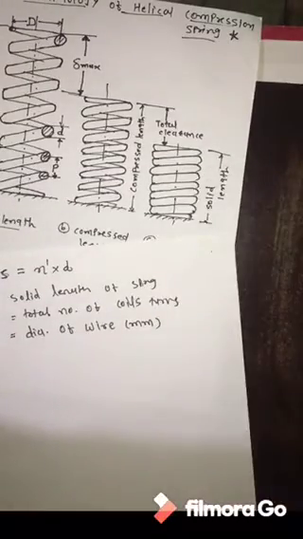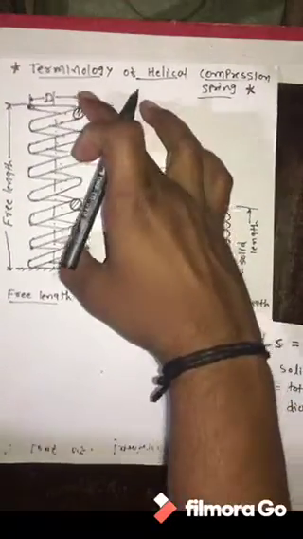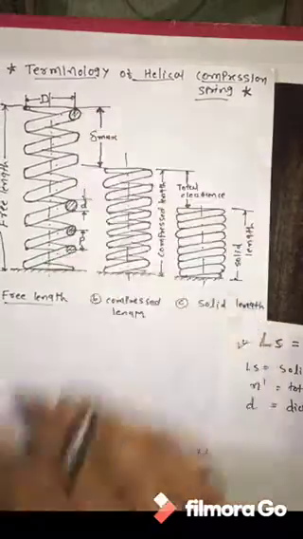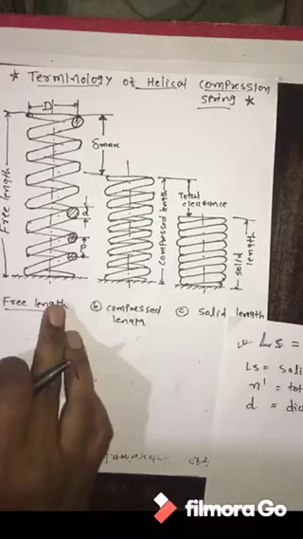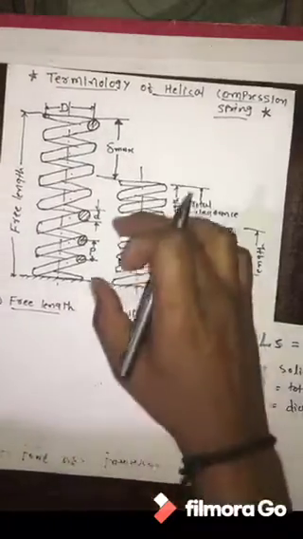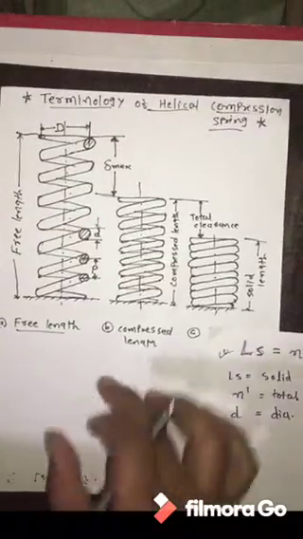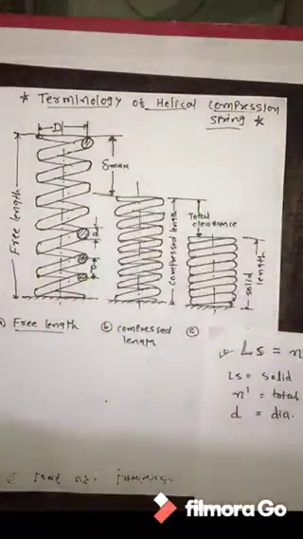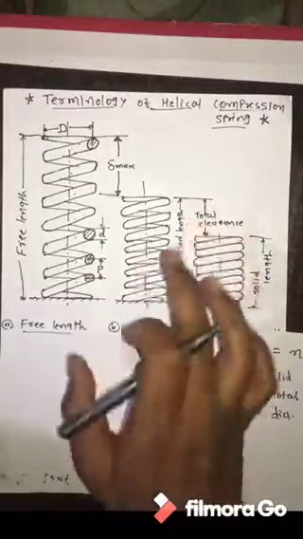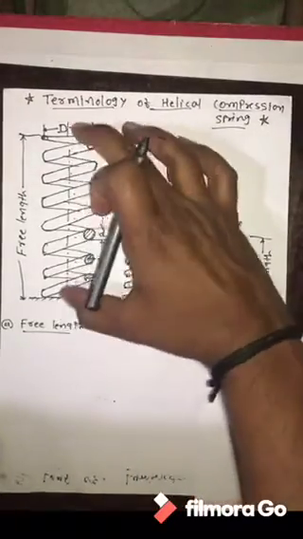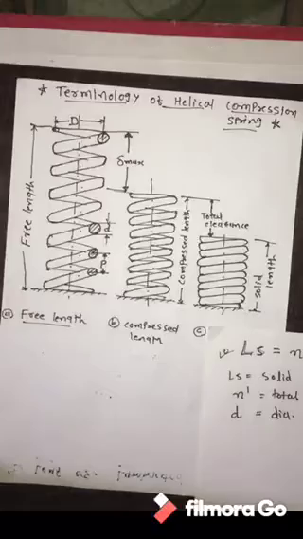What is free length? From the figure, this length is the free length of the compression spring. The free length of the compression spring is the length when the spring is in uncompressed condition, meaning no load is acting on the spring. At that time this length is called the free length. And the equation of free length is